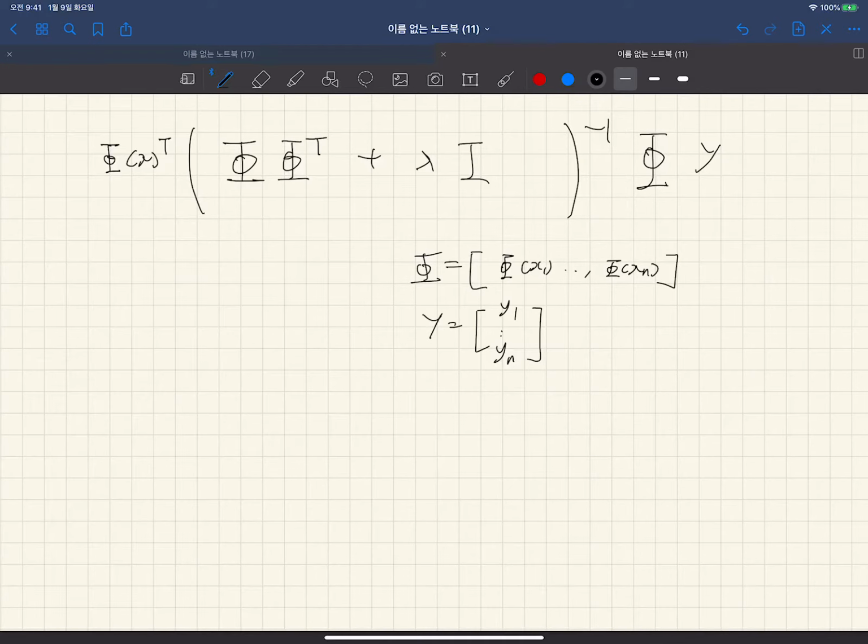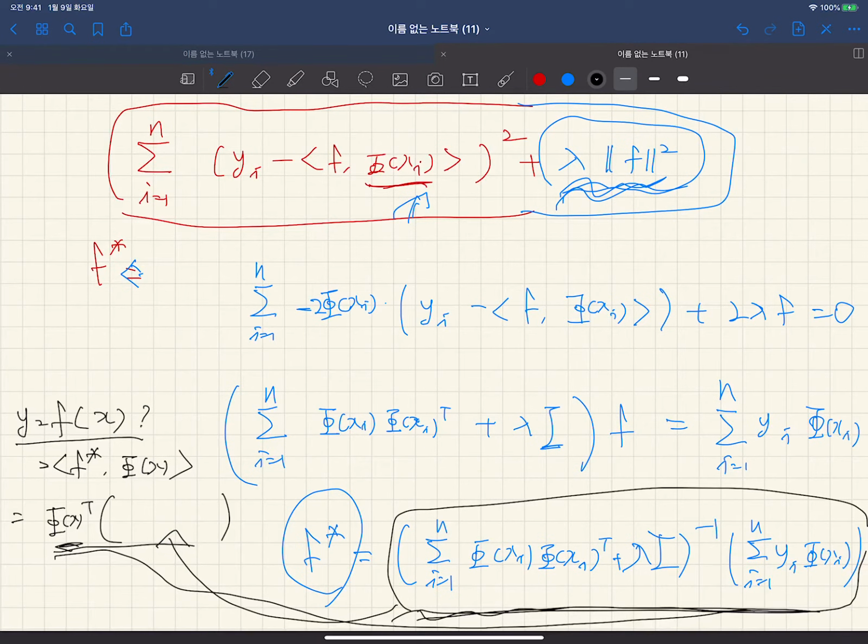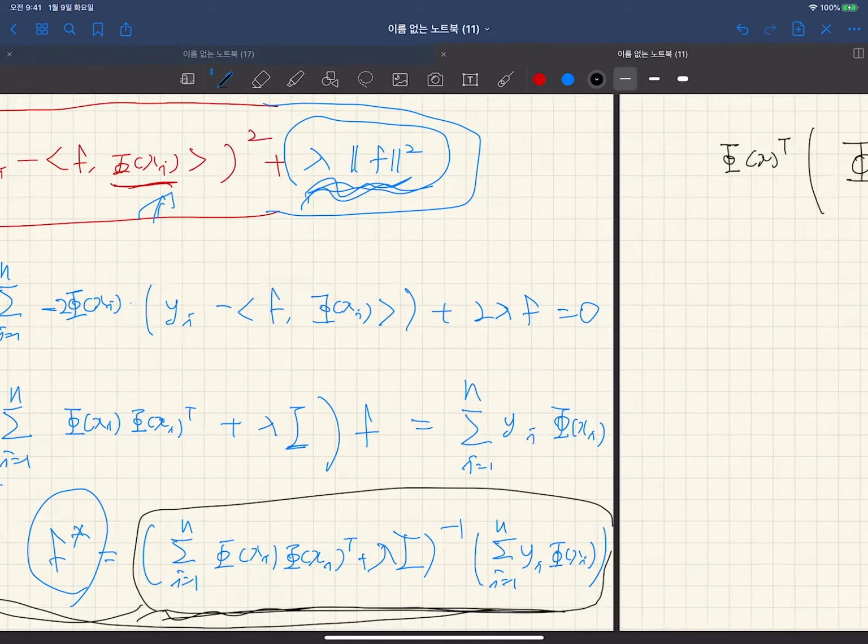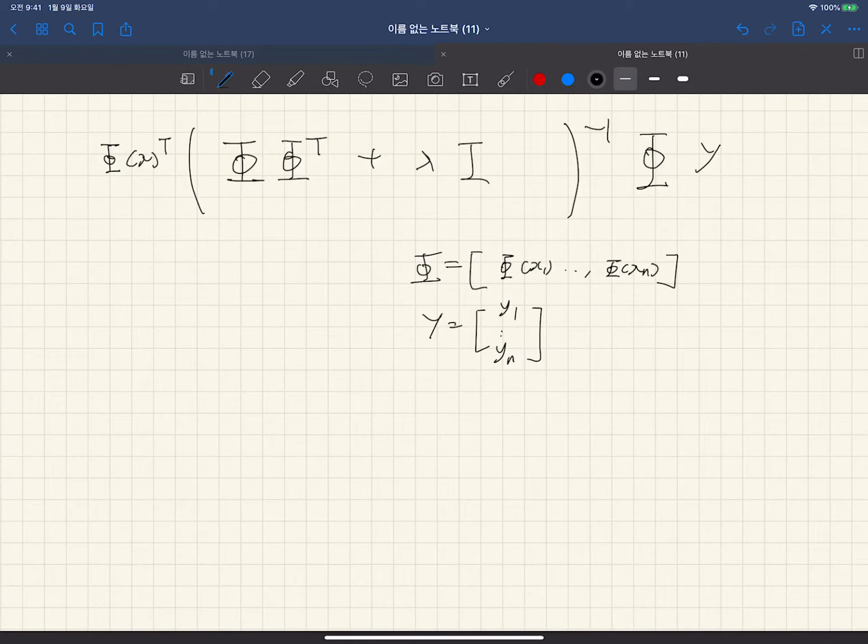So the previous equation, the previous function, can be written like this using the big Phi matrix and the y vector, which consists of all phi(x1) through phi(xn) and y1 through yn. Okay,